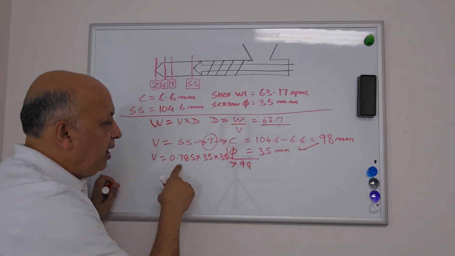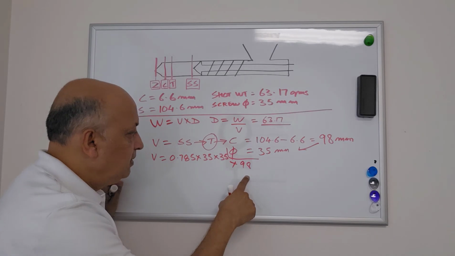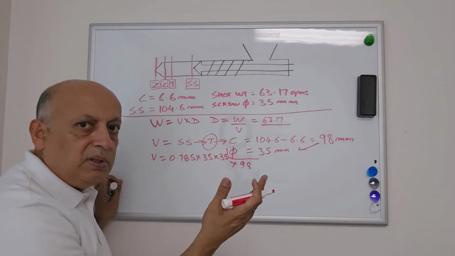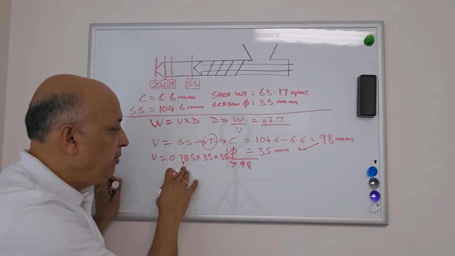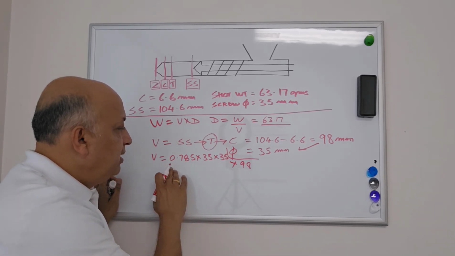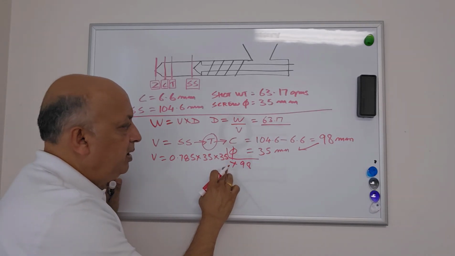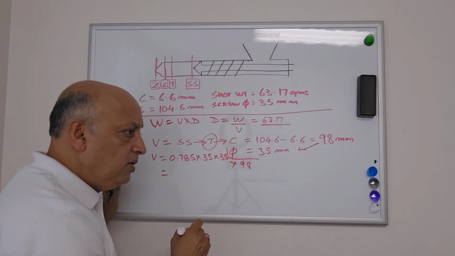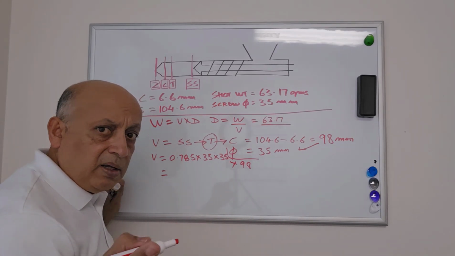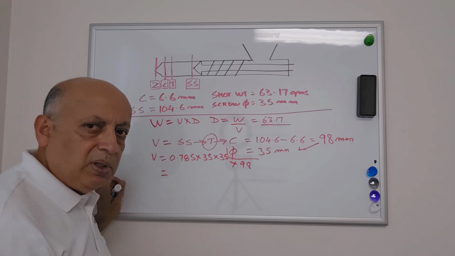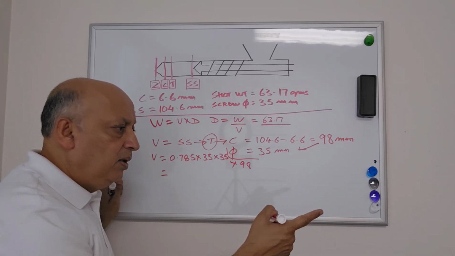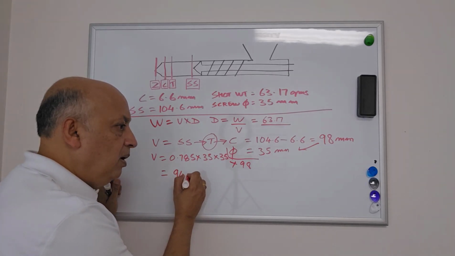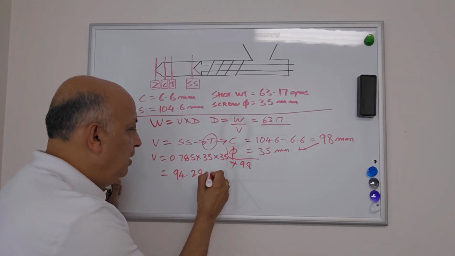That is pi D squared over 4 multiplied by the length. So where did I get 0.785 from? It's 3.14 divided by 4, right? So I just keep it simple at 0.785, multiplied by 35 multiplied by 35. If you do this calculation, your total volume turns out to be... I've written an article in Plastics Technology magazine, so I'm going to put a link, you guys can check that out. The total injected volume comes out to be 94.28 cubic